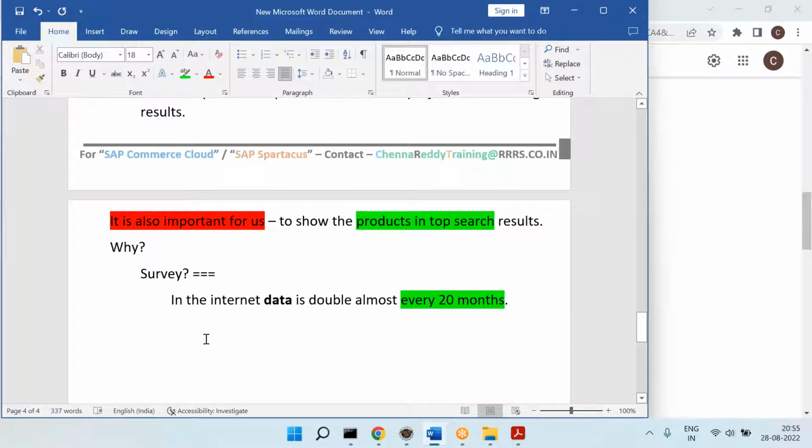Now, one more point is, as data doubles every 20 months, people are using only around 7% of the data. This is one more nice conclusion. People are using only around 7% of the data. Does that mean